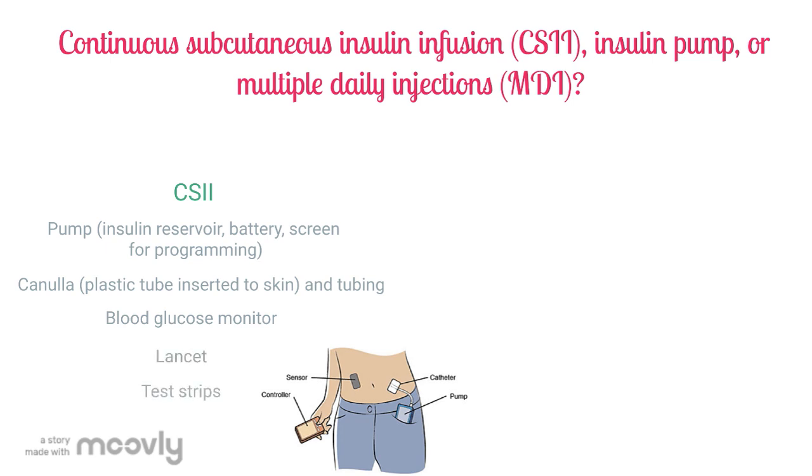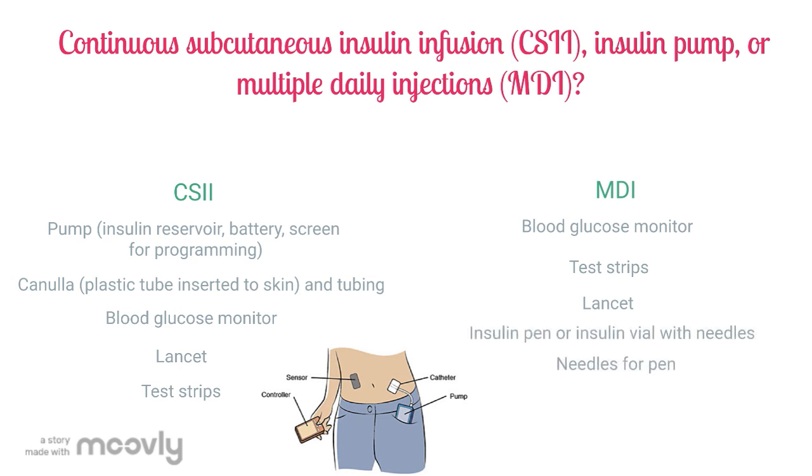glucose level devices. Daily injections of insulin means diabetics are having to test their blood glucose levels, draw up insulin, and inject insulin into their subcutaneous tissue. This all requires using blood glucose level devices with test strips, lancets to prick their fingers for the test strip, insulin vials or pens, needles for injections from pens, and privacy. It is then recommended that the diabetic also have more than one BGL machine and carry this equipment with them